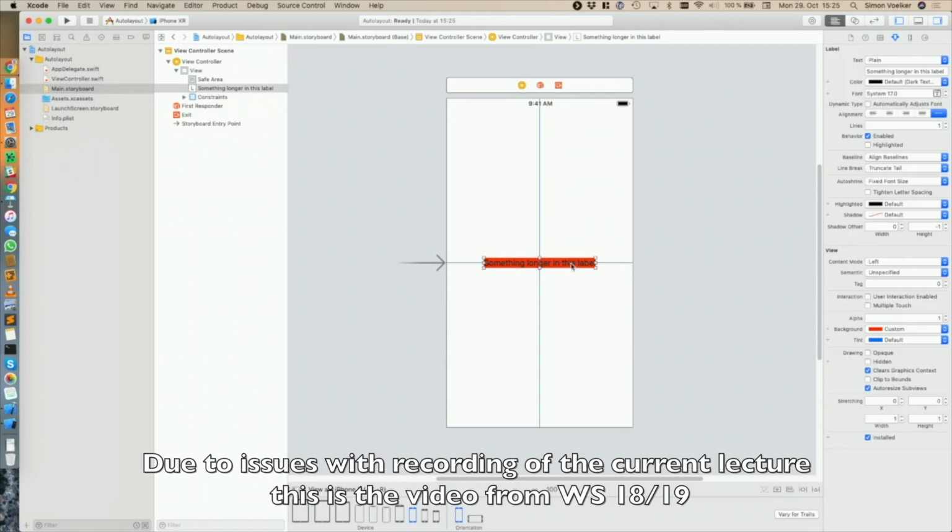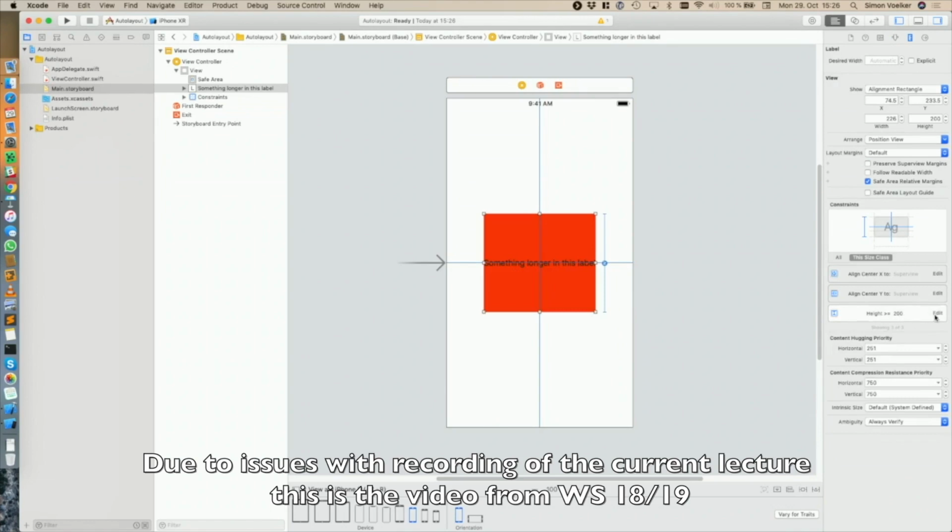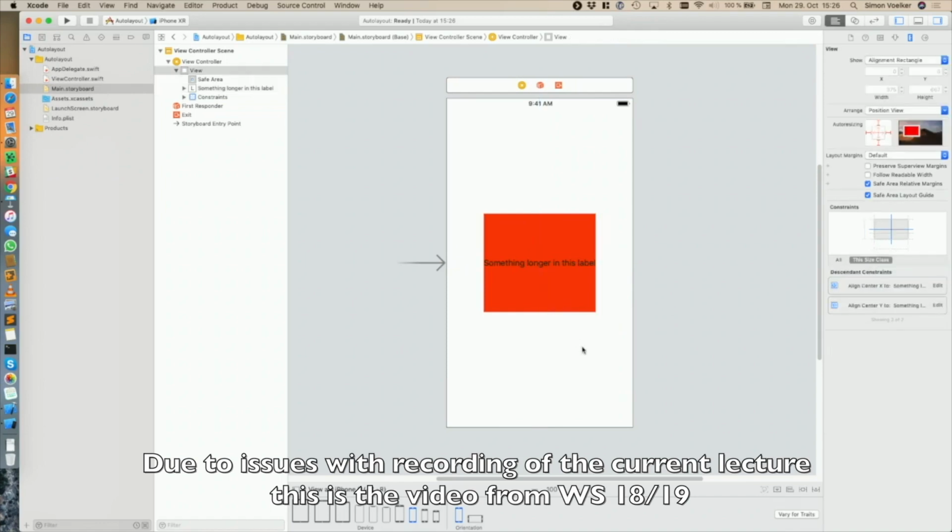But I can also set the size of my label here. So for example, this element here adds new constraints that are then related to sizes and distances. So if I would say here the width of my label should be, not 20 points, let's make it a little bit bigger. Set the height to 200 points. And it now is conflicting with another one. I will get to how to resolve conflicts and see them soon. So let's just edit that here. So yeah, that just updates the height, and it still stays in the center, but now the height is set to